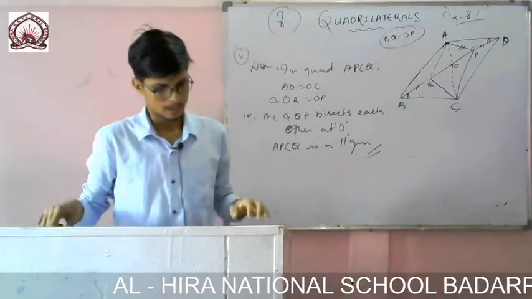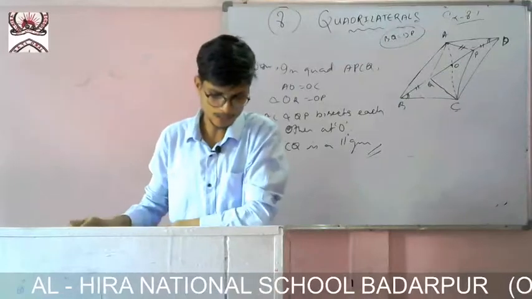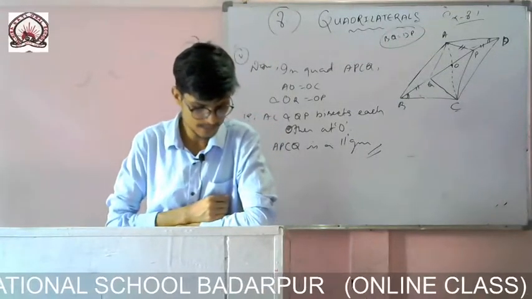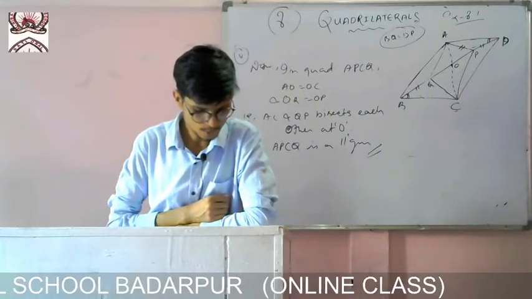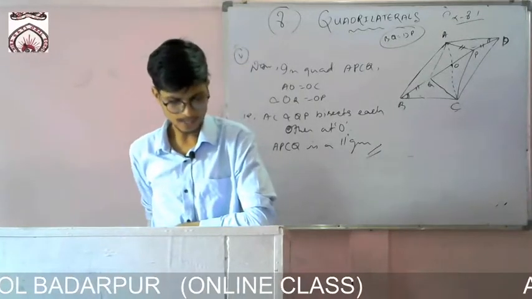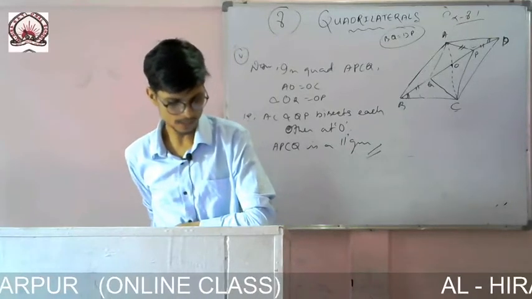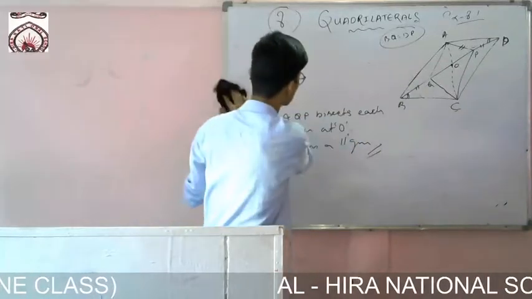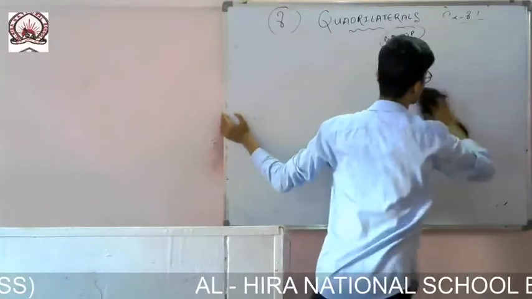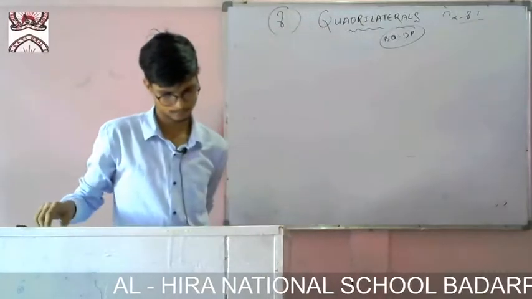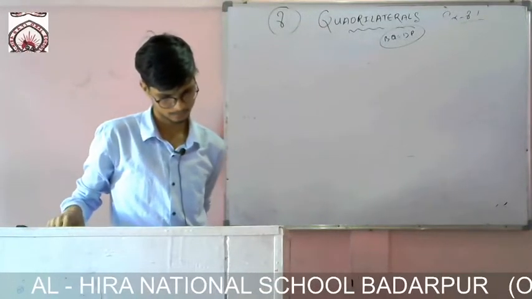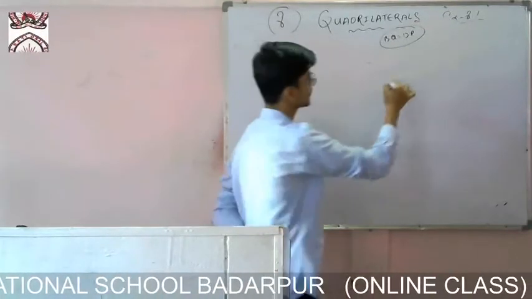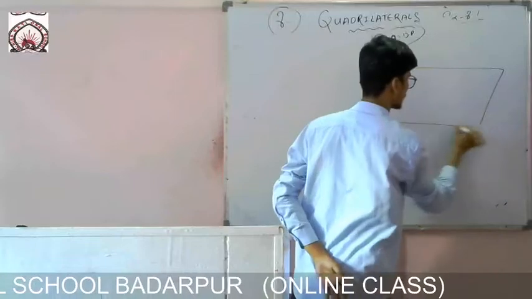Okay. Question number 10, ABCD is a parallelogram and AP and CQ are perpendiculars from vertices A and C on diagonal BD. You have to show that these two triangles are congruent and AP is equal to CQ. This one you can solve, no problem. You just use the basic rules of congruency, you can solve it. Okay, I am drawing the figure for you. It is given a parallelogram, so the figure will be like this.